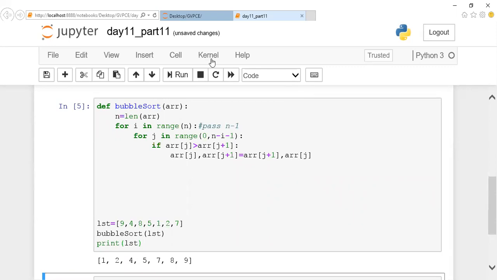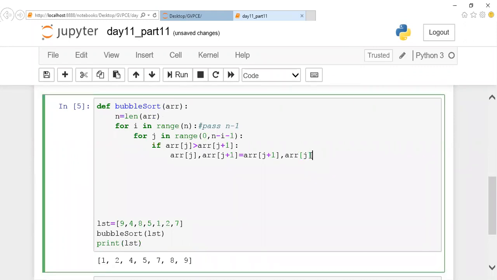It will be sorted. Guys, one important key point here: it is not required to return the value. By default, when I'm taking this particular list, it will be taken as a reference type. Whatever modification you're doing in the array will be reflected in your list. So either you can print your array here or you can print your list here. It's up to you. Clear? Guys, is it clear with the bubble sort and the logic behind it? Do you have any doubt on it?